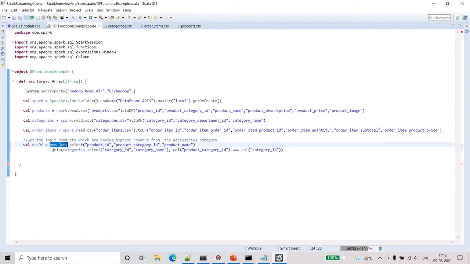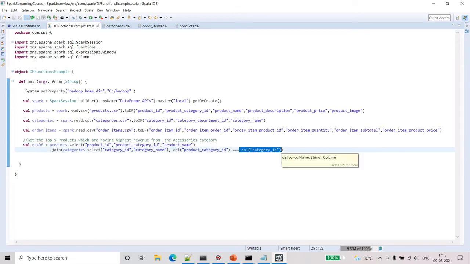Which means join the product table with the categories table based on this join condition. Okay, did I miss something here? Why is it erroring? This equal to column this. Okay, fine.